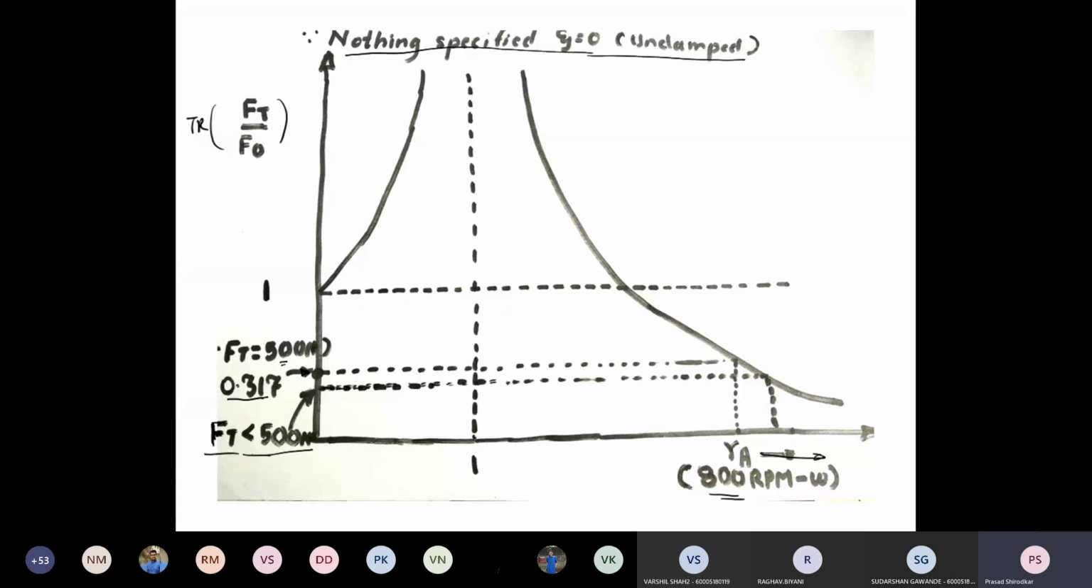All right. So first let's calculate the frequency ratio, that is this RA. I am calculating the frequency ratio RA. So FT by F0 is equal to 1 upon RA square minus 1, and this is equal to 0.317. All right. So RA is 2.04. Right. So that is omega by omega n is equal to 2.04, and omega is